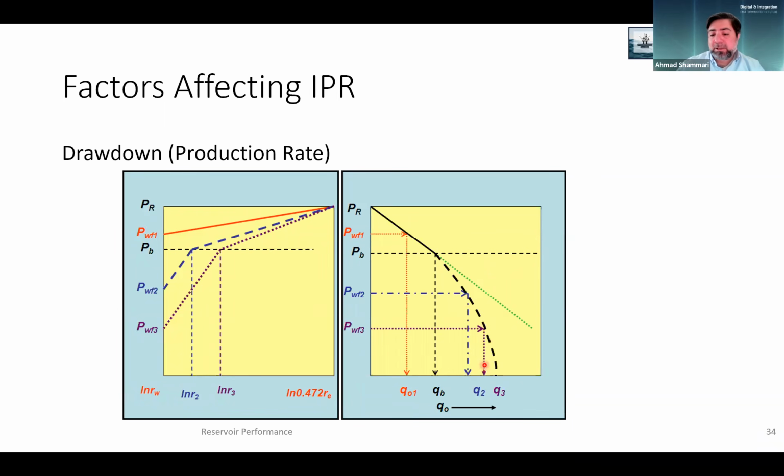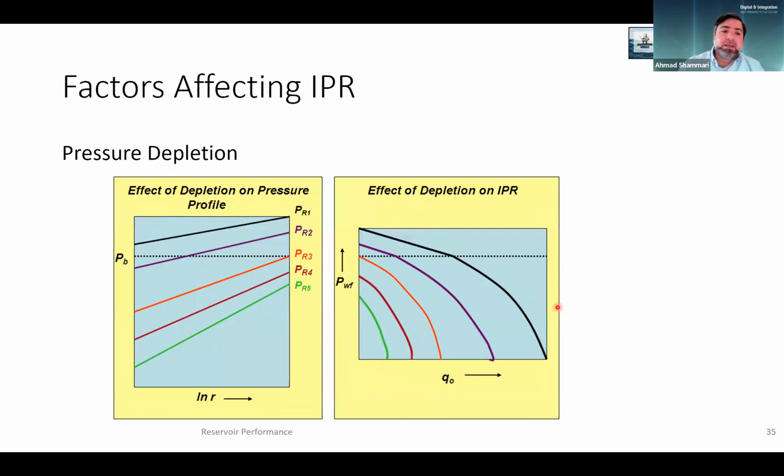the higher. And so as we increase the production, the drawdown will increase, and we will have more tendency towards producing below the bubble point, in the completion, at the bottom of the well. And of course, the pressure depletion. Pressure depletion affects what? It affects the starting point of my IPR curve. So this is